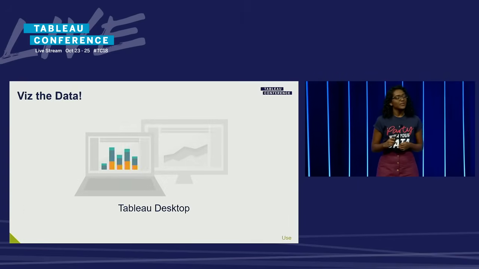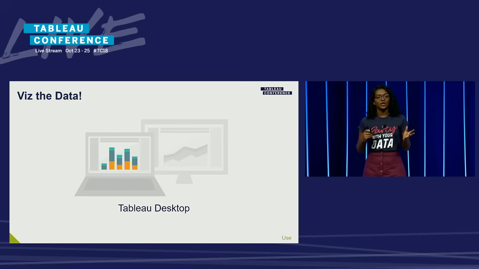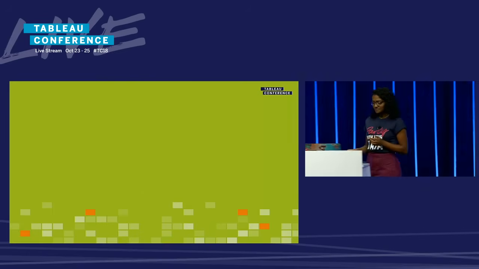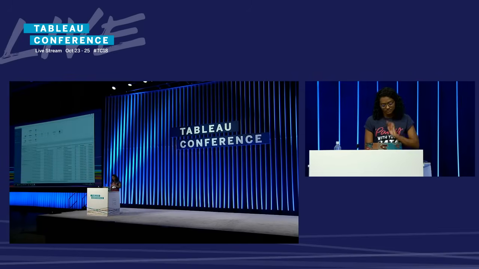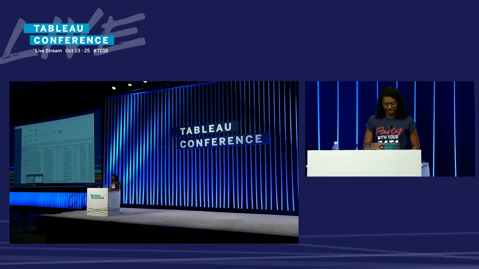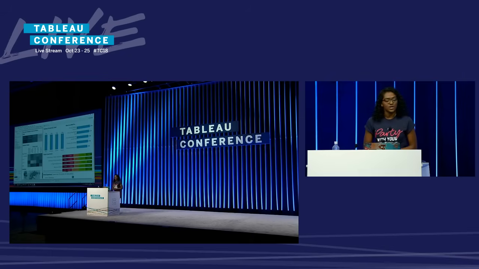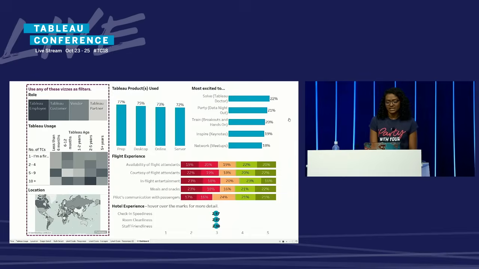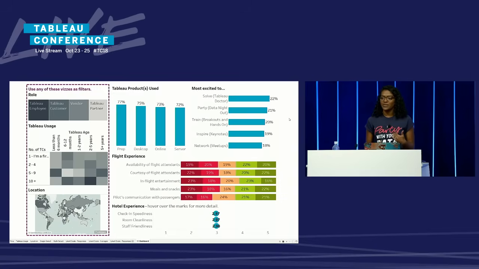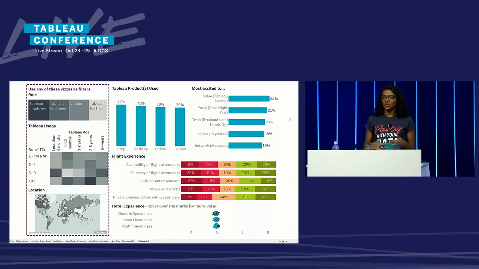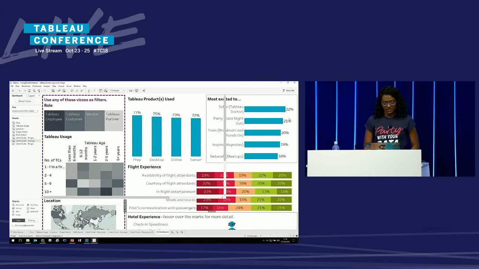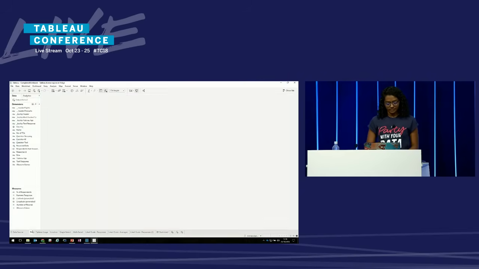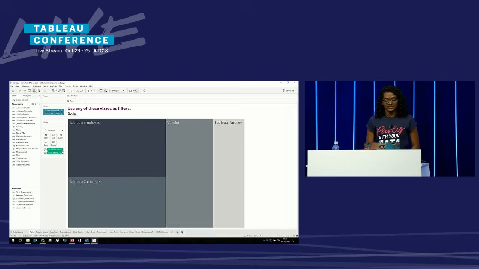So now that we've prepared the data with Tableau Prep, we can go about visualizing it with Tableau Desktop. So let's jump into that now. So here is a workbook I built earlier on some dummy data. And what we're going to do is swap out the data source so that we can see the results of you guys in the room. So let's go ahead and do that. I'll jump to my sheet, connect to my other data source,